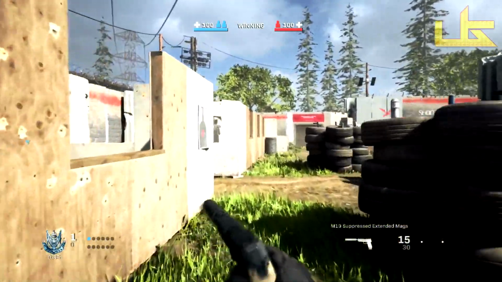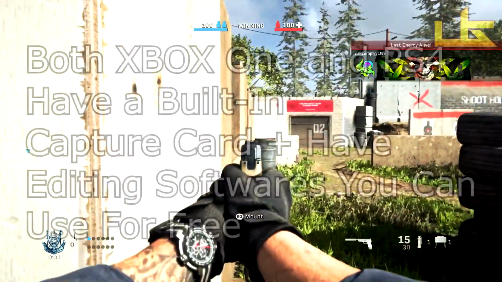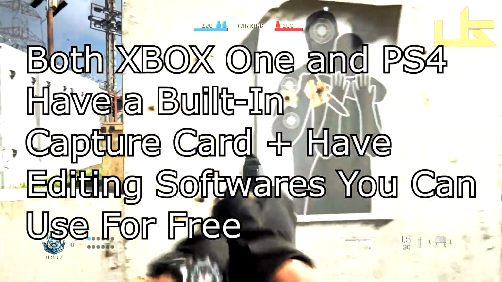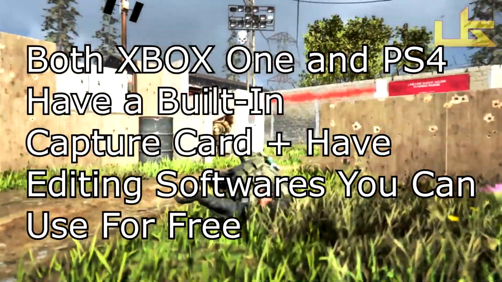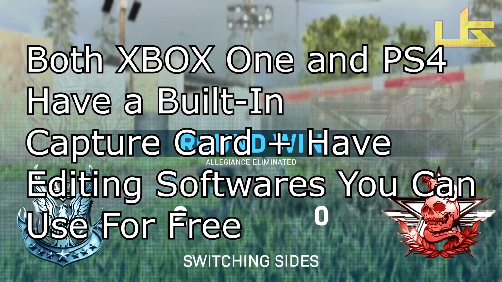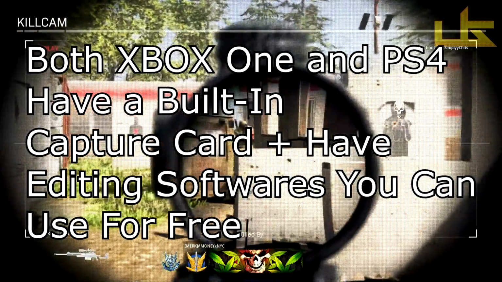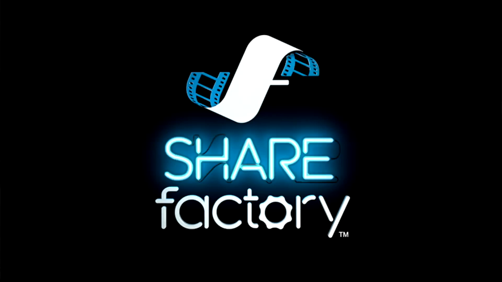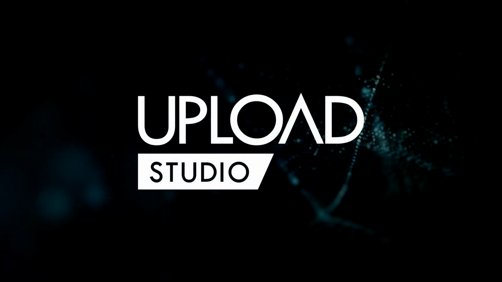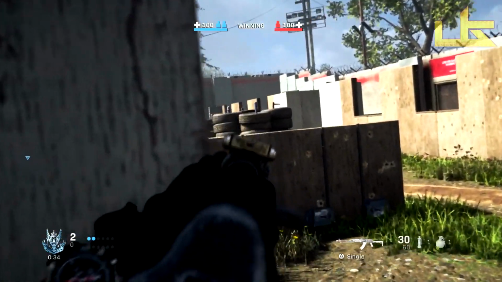The PS4 and the Xbox One, if you're any of those users who use these consoles, both possess a certain capturing device. So there is no need for you to go and buy yourself a capture card. Plus, both possess an application for you to download for free. On the PS4, it is called Share Factory. On the Xbox One, it's called Upload Studio. These are applications that you can download from their respective stores and use with the recordings you've done